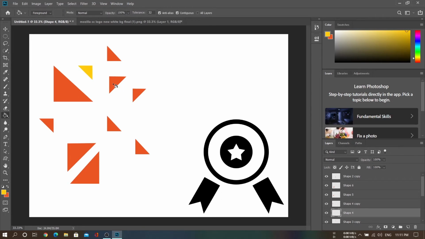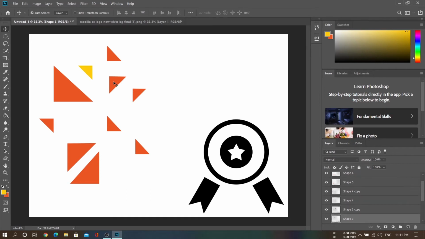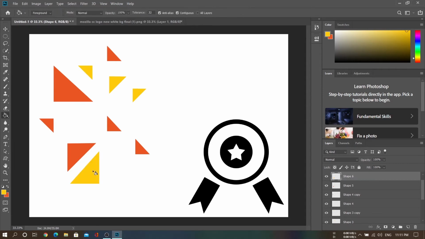So firstly we are going to press V to select this layer, press G to go to the paint bucket tool and paint this. Similarly we are going to select this shape and paint it, and color this.